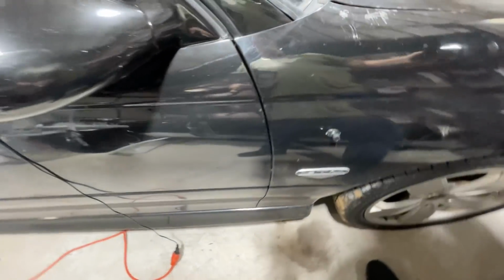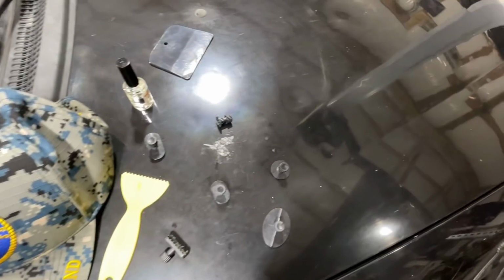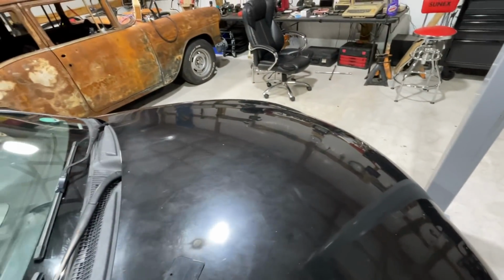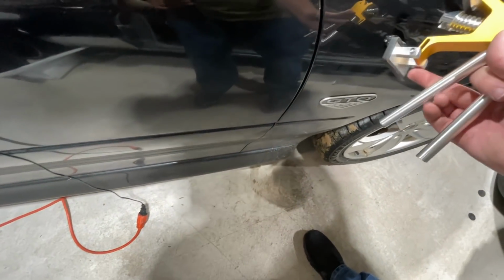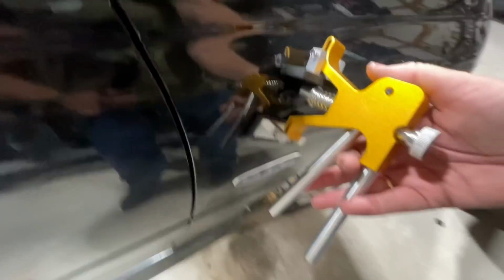So I am getting good progress on the fender with all of these. I think I'm going to keep pulling the dents on the fender. And then, you know, the hood wasn't bad either. I did a spot just for giggles, but there's a lot of dents on the hood. But hey, if I could save the hood, I save like between $800 to